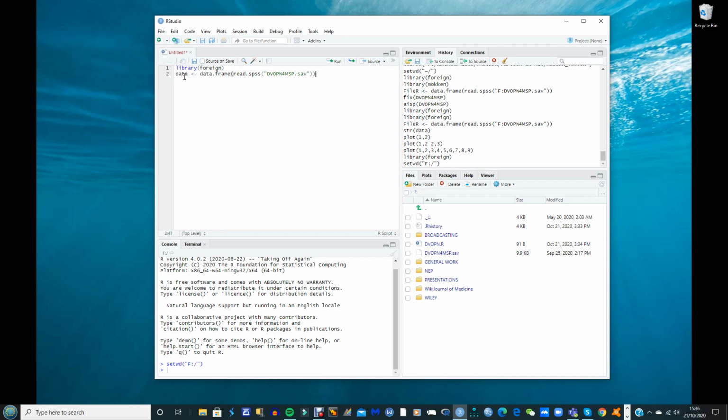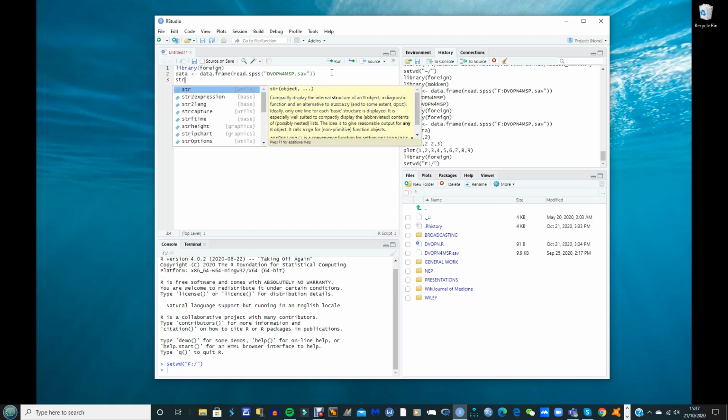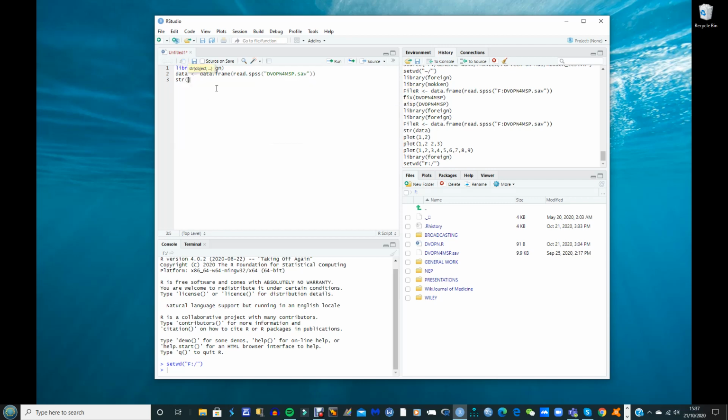Library foreign, data less than hyphen data.frame read SPSS, and that's the name of the file. Carriage return. Then I want to check the data are there and loaded using str, and I want to check the data with str data. I don't know what that command actually is for, perhaps you do.